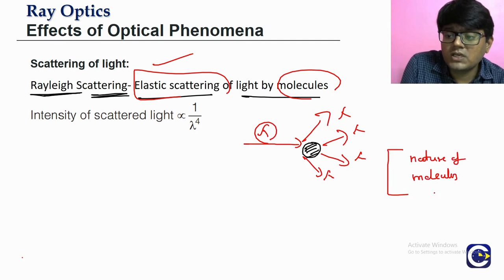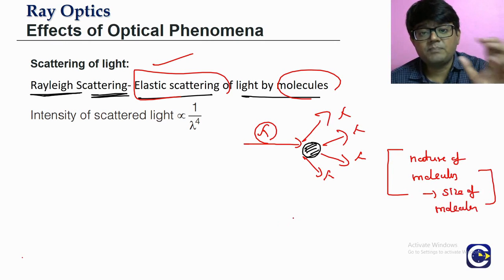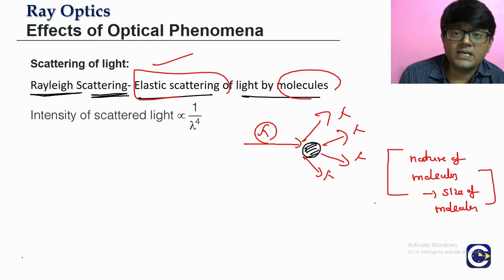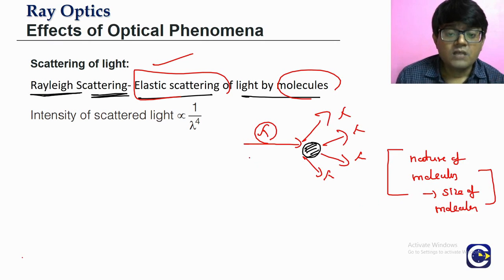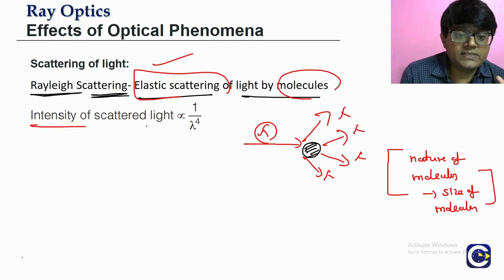The nature of the molecules will mean primarily the size. When the size of the particles is comparable to the wavelength, that is when we'll have more effective scattering of the light. But from the wavelength point of view, generally the intensity of the scattered light,